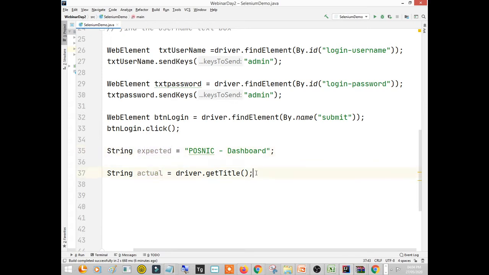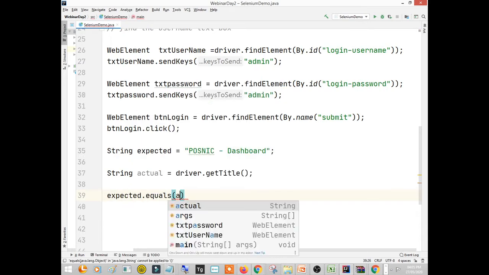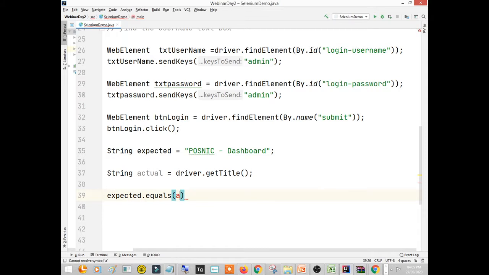Again, this can be done in two ways. Either you can compare these two strings. To compare the strings, we have a method, dot equals. So you can write expected.equals(actual). It returns true or false. If these two strings are equal, it will return true, and if they are not equal, it will return false.